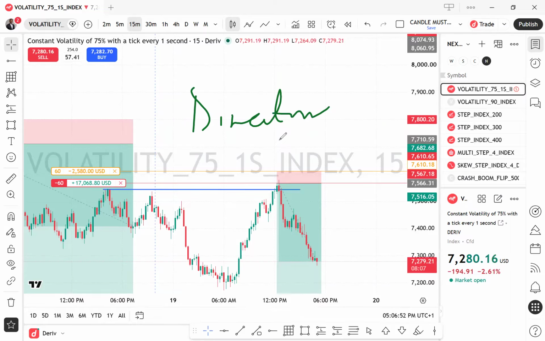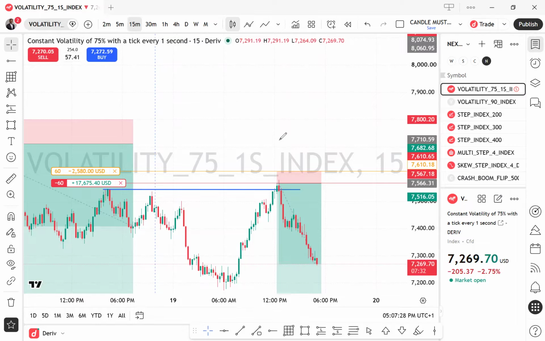Every trader understands perfectly that understanding direction in the market is very, very key, very important. Now, when you understand the candle must close concept, the direction becomes easier for you, and all the energies and the things you are going to be doing within become very easy. What am I trying to say? Without the candle must close concept, the natural